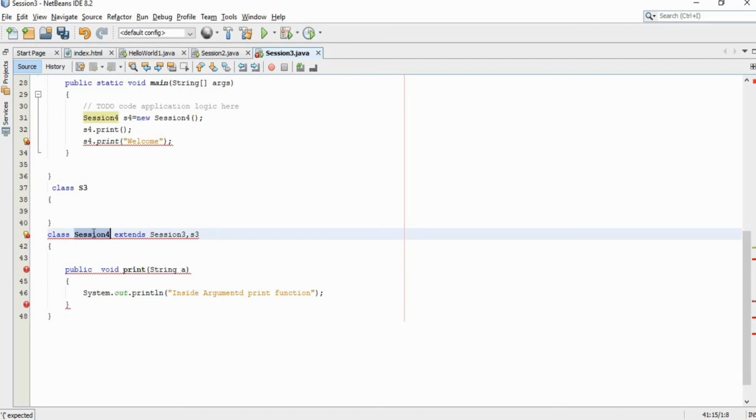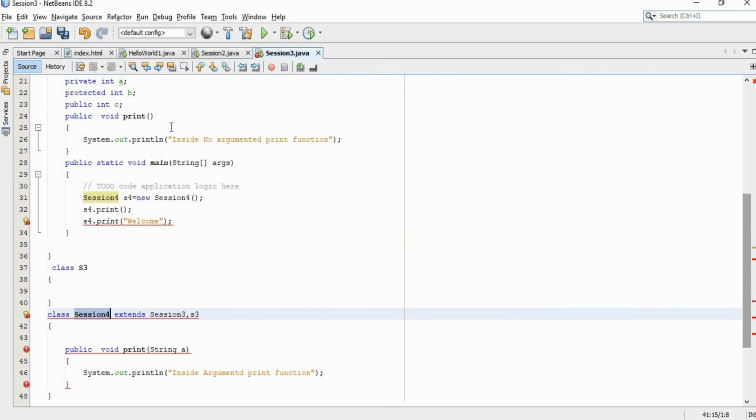But Java doesn't support multiple inheritance directly, right? The reason is, we have a print function in the base class, and if I write another print function in the S3 class, and another print function in the derived class, it is enough to create an object for the derived class to access the data members of the base class. If I inherit a class from multiple base classes, it will be difficult for the compiler to call the function at runtime.